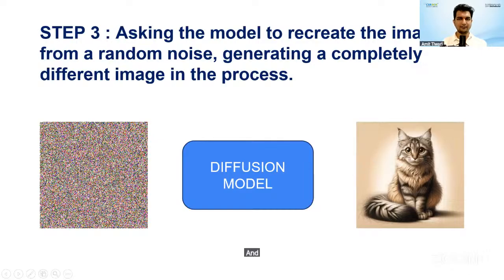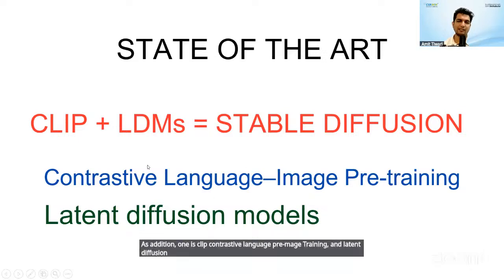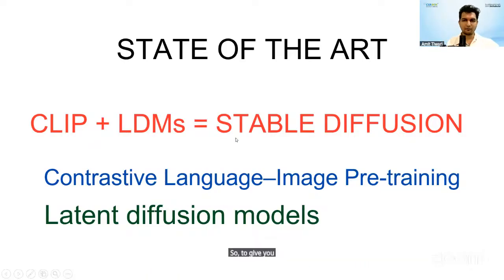And third, the state of the art, which is stable diffusion, takes two things in addition. One is CLIP, contrastive language-image pre-training, and the other is the latent diffusion model. Both of them added together make up what stable diffusion is about. So to give you an intuition of what stable diffusion is,